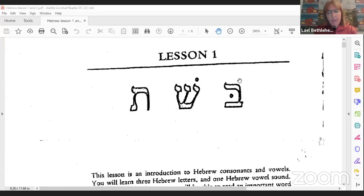So the 3 letters that we are going to read, and by the way, unlike the Siddur class that we had before, I think it would be fine for people to interject. So if something I'm saying is not clear, please either use the little hand button if you know how to use it, or just use your voice, unmute yourself, or wave if you have something you'd like to question or say. But I am going to give people a chance also